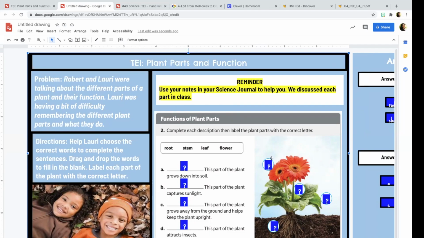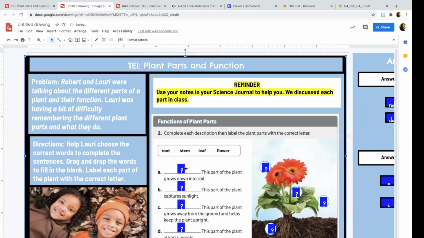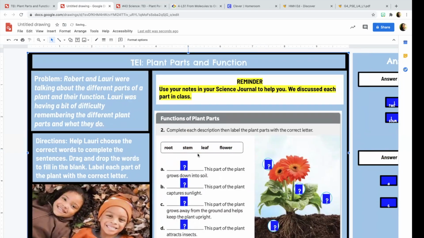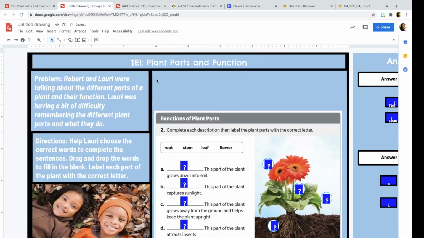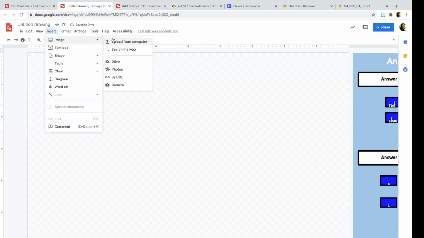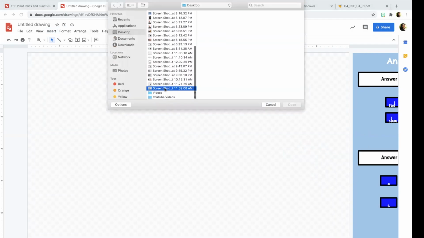So, for example, it's easy for students to move, even though everything is grouped. There have been times where students were able to move individual pieces and components of the TEI, even though everything was grouped together accordingly. So to minimize the chances of all of that, I took a screenshot of this TEI, and I'm actually gonna just delete everything. Oops, didn't need to delete that one thing. I'm deleting everything, and I'm going to go to Insert, Image, Upload from Computer, and I'm going to attach